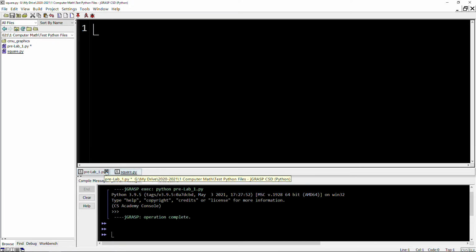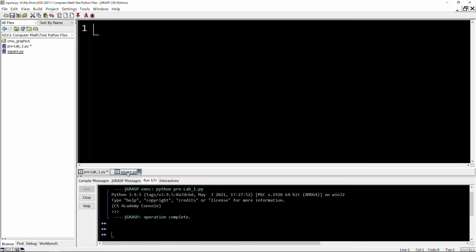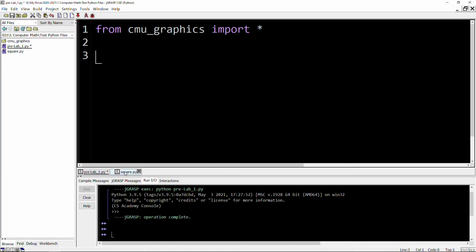Down here is to move the tabs around. You can also drag the tabs and reorder them. Personally, I like to have the main file on the left-hand side and go on from there. And you'll see there's a star. Right around where the X would be, there's a star or an asterisk, and that usually indicates that you have not saved the file. When you save the file, Control S, it's going to remove the star, and you're good to go.